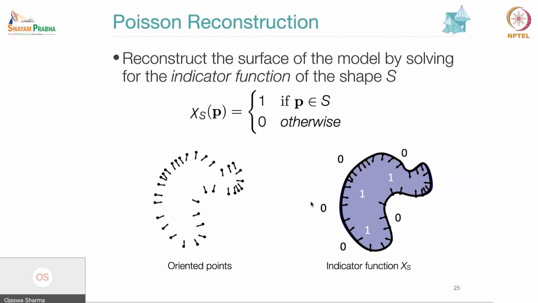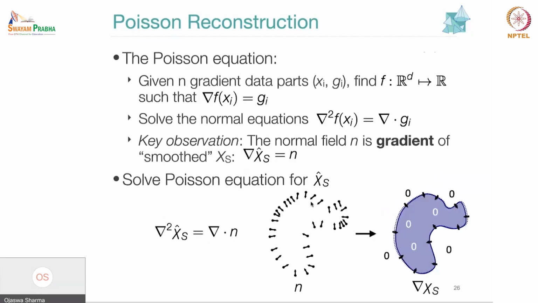So what is an indicator function of a shape? The indicator function of a shape says that if a point P is inside the shape, its indicator function is 1. If it is not inside, then the indicator function is 0, right? So basically, you want to recover its indicator function. And if you do that, you have recovered the shape of the object. So let's see how it is done. So essentially, if you're given a